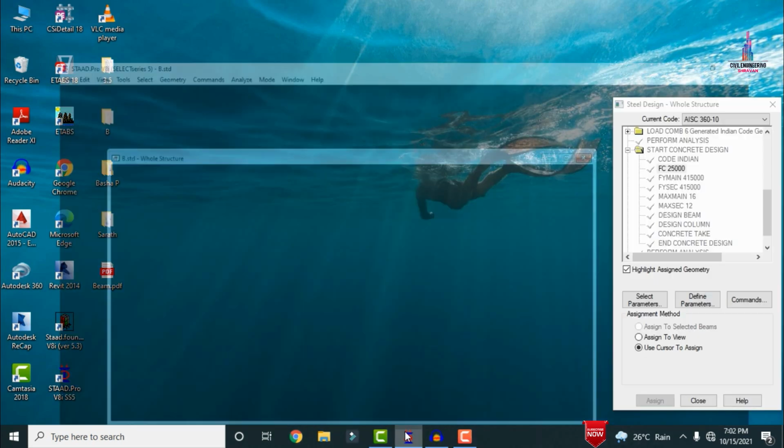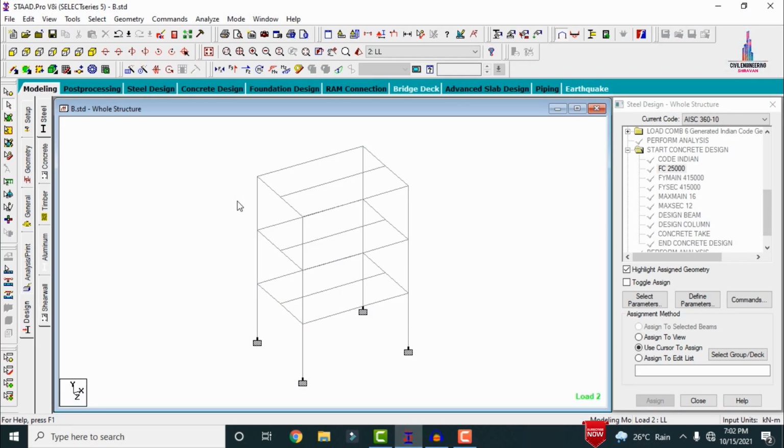So here I am selecting my StaadPro software. This is my building model developed in StaadPro V8i. It consists of primary beam sections and secondary beam sections. The left hand side, right hand side, top section and bottom section beams come under the primary beam sections, and the beams in the middle section are called secondary beam sections. In order to resist the loading condition, we have to provide the secondary beam sections for the structure. Initially, I will show you the specifications for this.